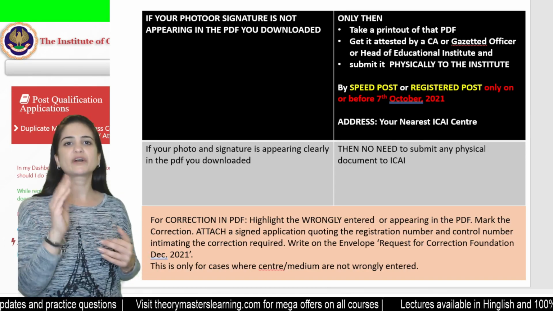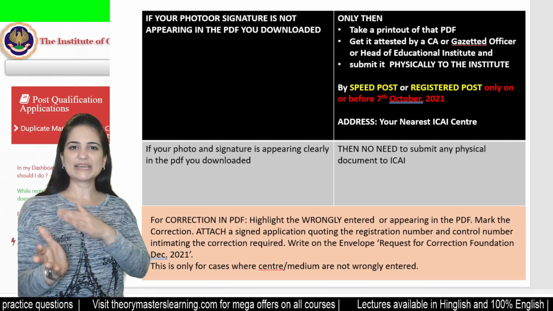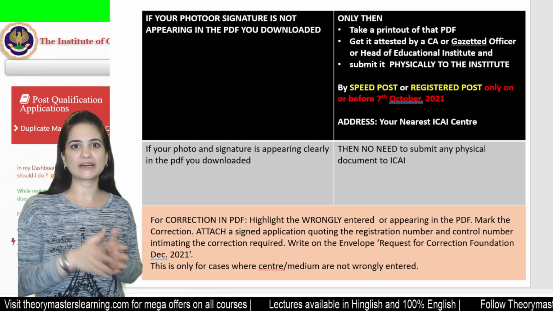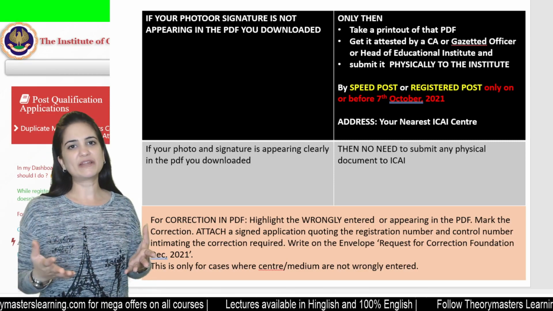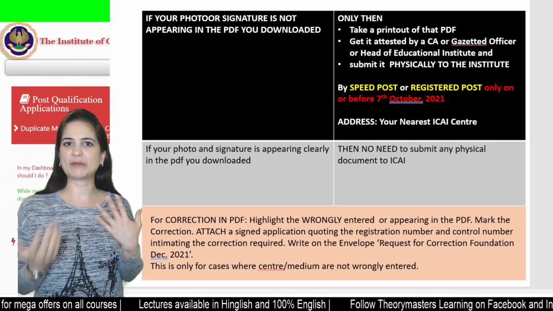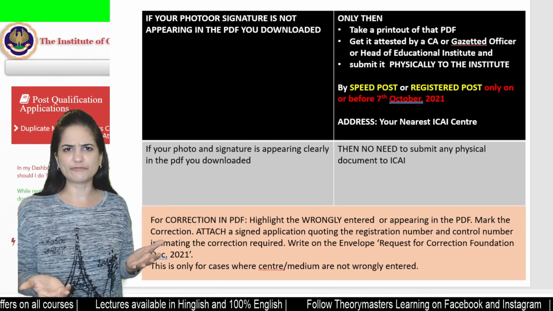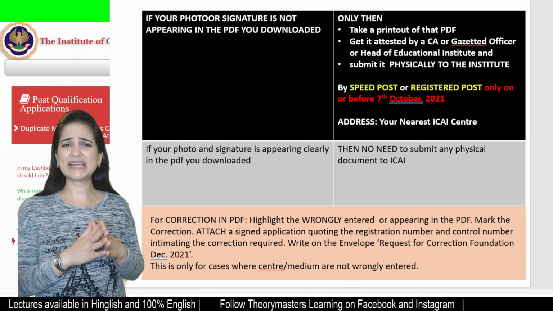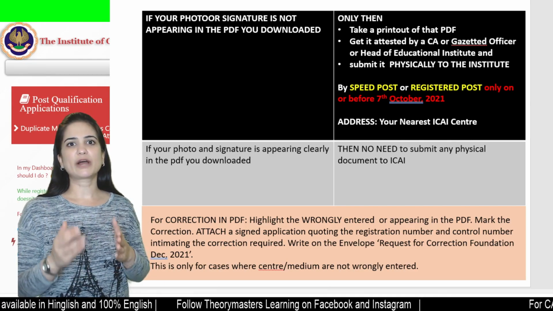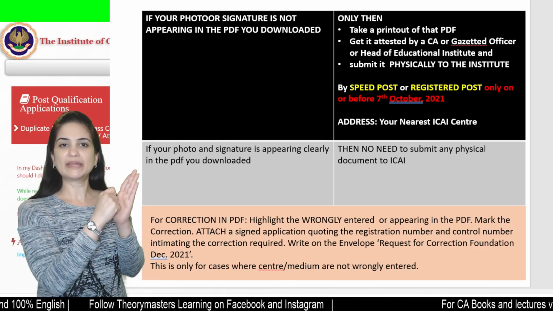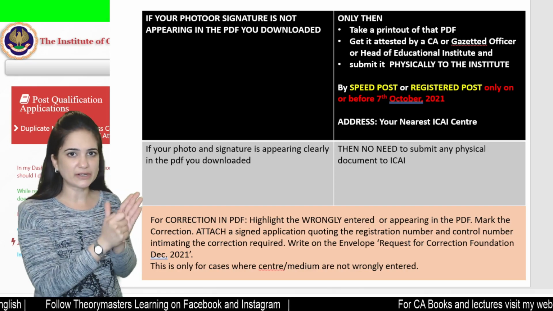Now, what if you have committed some error? See, they have given you an option to go through the entire form, the details, to go back and correct. But in spite of that, if let's say you filled the details correctly, but in the form, your name is not displayed correctly, maybe that's not your fault. But some information was missed out. In case there is any error, then you have to take a printout of that PDF, that this is the error. My name is not showing correctly, even though I have entered it correctly.